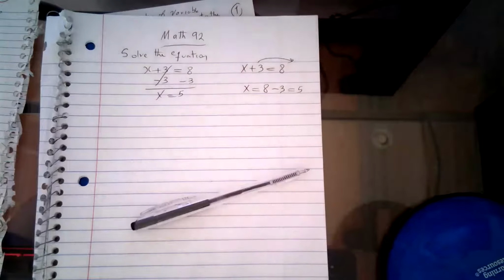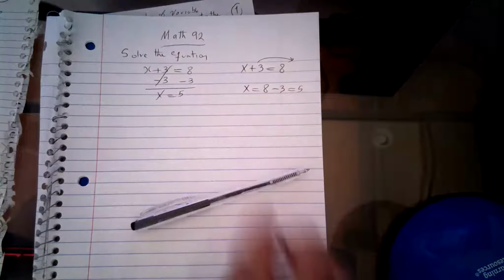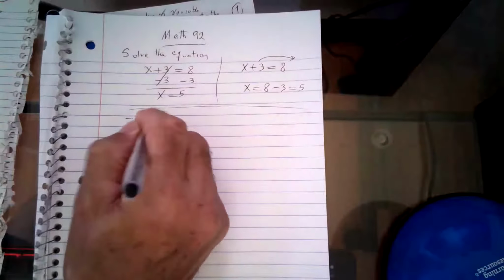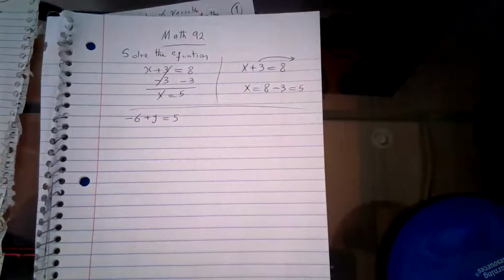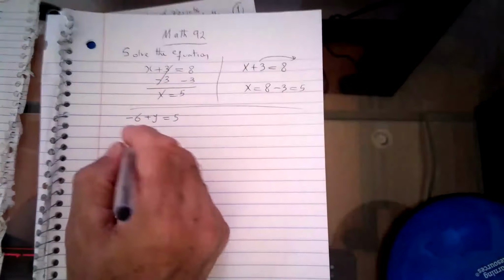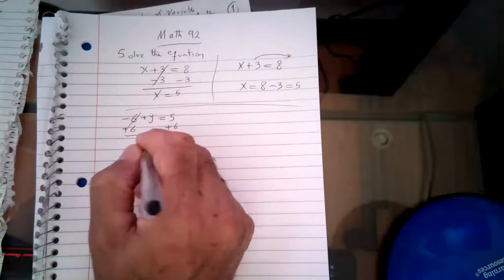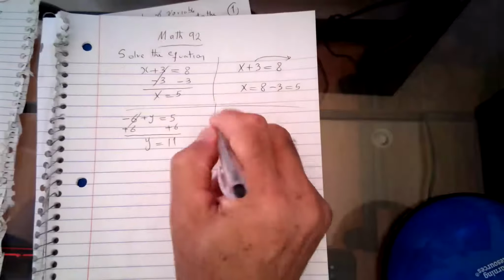So there are two ways to do it. And let's try another problem. Minus 6 plus y equal to 5. So I can either put positive 6 here and positive 6 because I want to isolate y. So y is 11. Or again, the second method is,